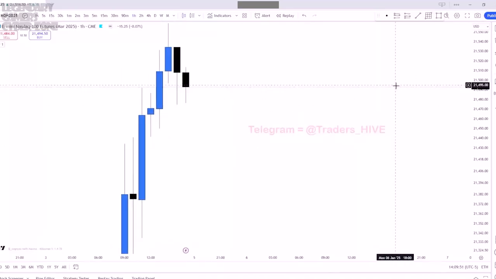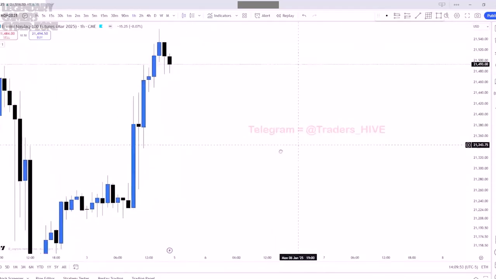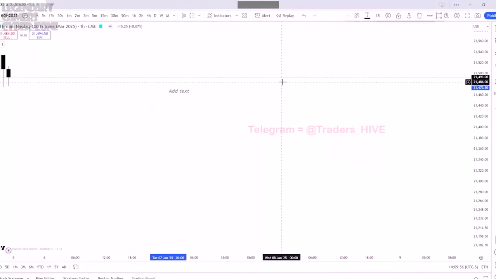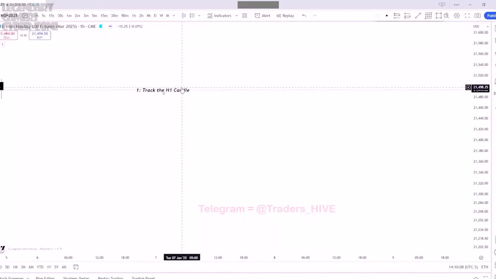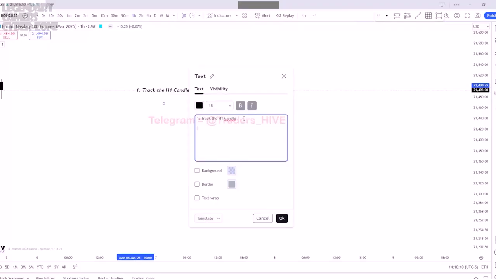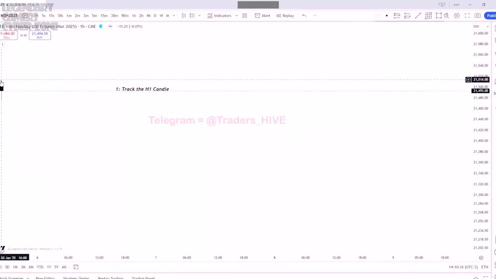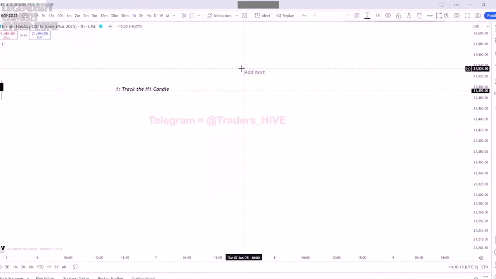So what I do is I scalp the H1 model, okay? So first thing I do, I track the H1 candle, okay? What does it mean? I have two models, okay? The first model is the continuation. So right here I have continuation,